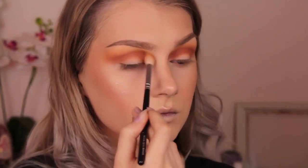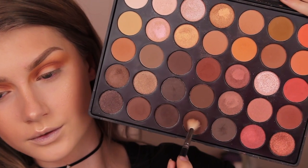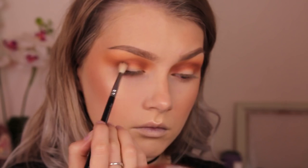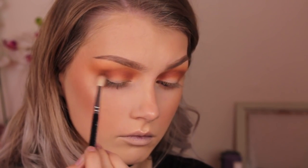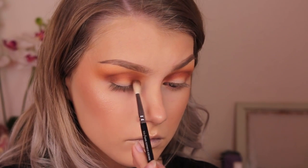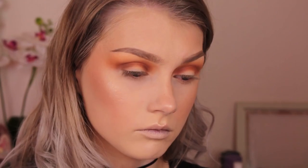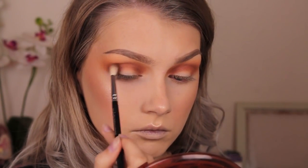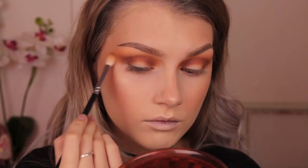Then I'm going to go in with a final dark brown shade with a kind of flimsy, small, precise blending brush, and I'm packing this on my outer corner and on the inner corner, because this is going to be a halo eye, so the shimmers are in the center of the lid, and then it's dark on both of the outer thirds of the lid. So I'm packing that on, and then I'm making them meet in the middle of my crease,